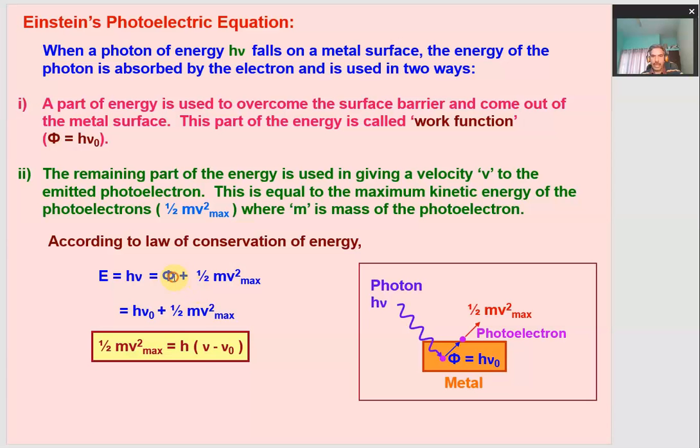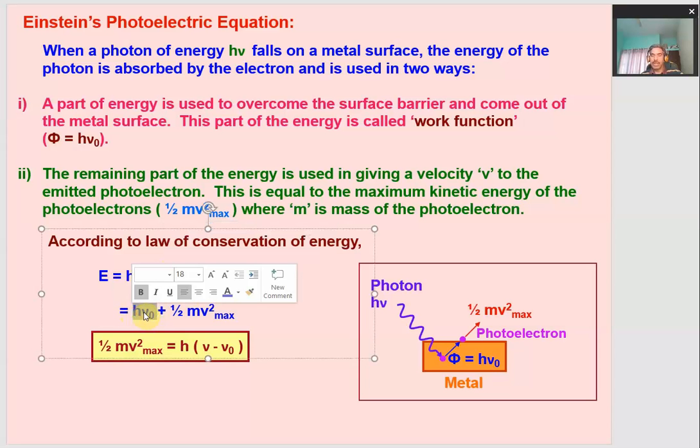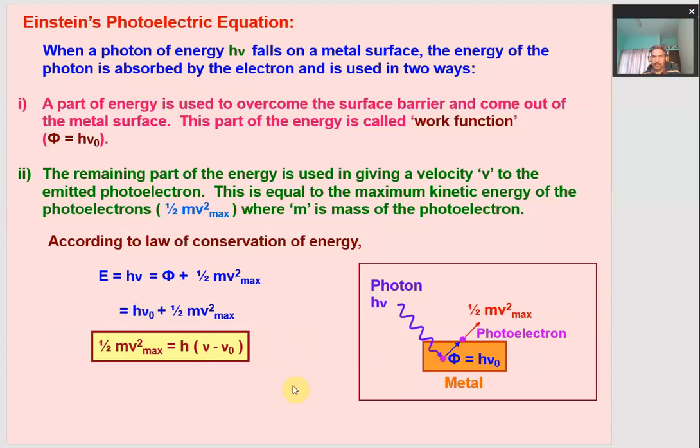So we can write this work function. This is the minimum amount of energy. We can write this as h nu naught, to account for the existence of the threshold frequency. We can write the work function to be h nu naught. This is the minimum amount of energy which a radiation, or photon, should possess in order to cause the photoelectric emission. Kinetic energy may be zero, but this is the minimum amount of energy which the photons of incident radiation must possess.